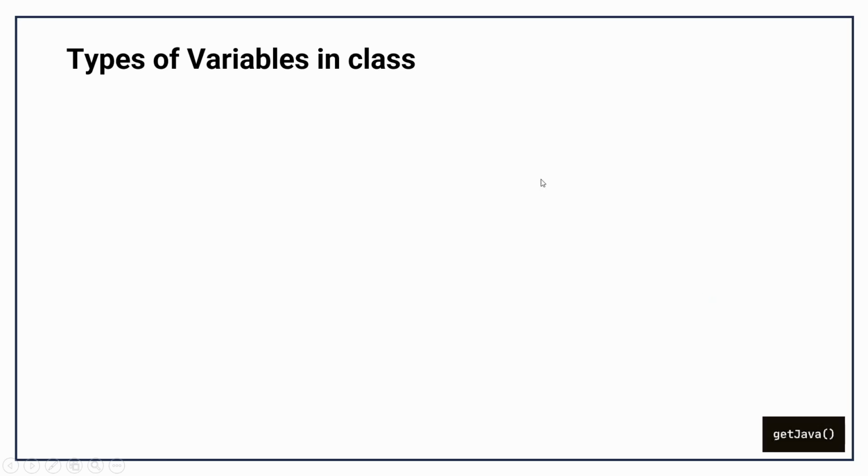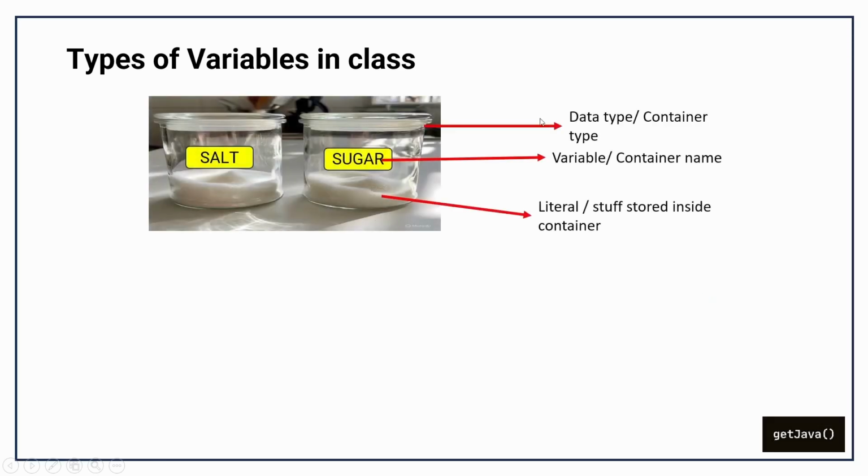So let's see with an example. Here we can see data type can be considered as a container. We have different types of data types. For storing integers, we have byte, short, int, long, float, double. For storing true false value, we have boolean data type. Then for storing characters, we have char. So these data types can be considered as a type of container, and variable can be considered as the name